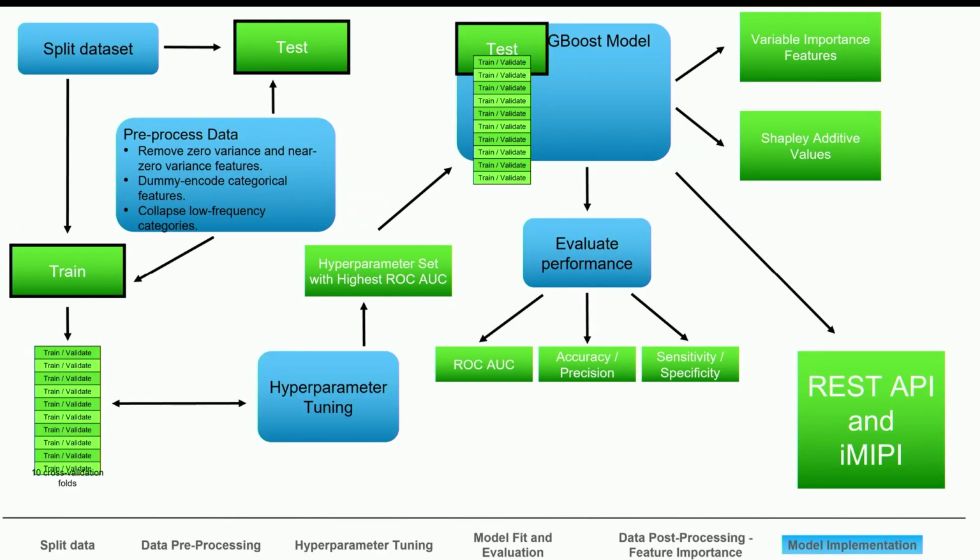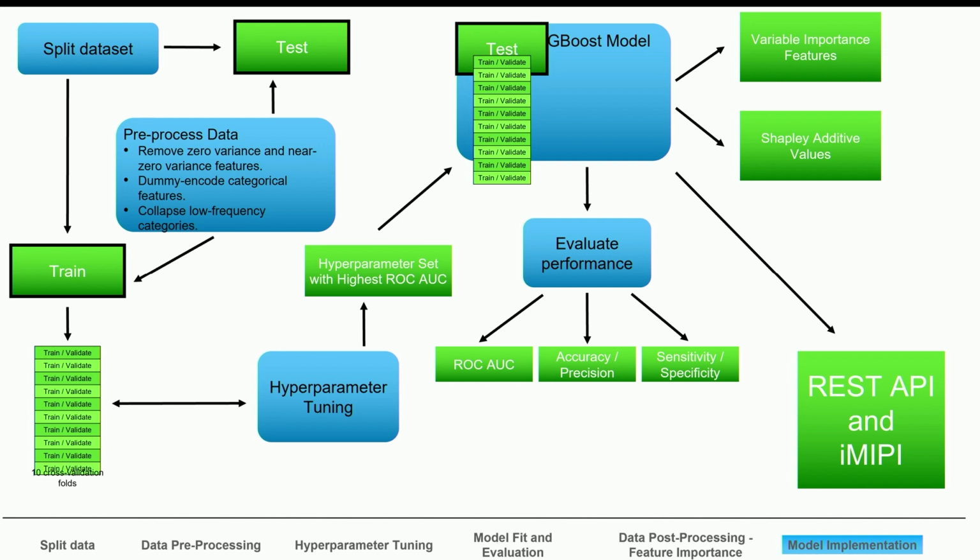This is kind of our workflow, and I apologize for the strange things on the slides. I did this in Keynote, and it didn't transfer so well to PowerPoint. We started with pre-processing our data, removing zero variance factors, dummy encoding our categorical variables. We split our set into training and test sets, and then we also did 10-fold cross-validation for our hyperparameter tuning,